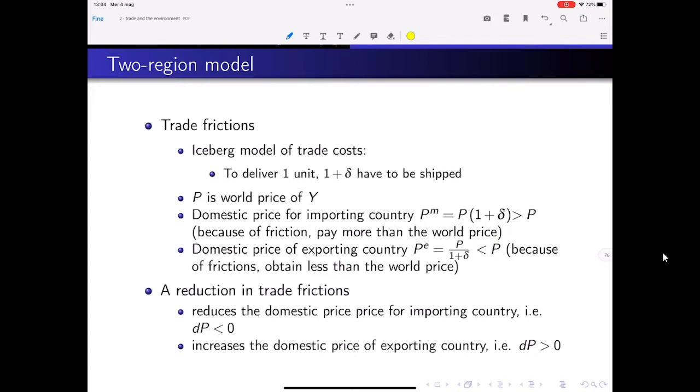Considering both, on the one side, gains from trade, this is what we have already seen. In the first part, we have seen that opening up to trade increases the consumption possibilities and therefore increases welfare, it increases also income. These are known as gains from trade. And here I'm going to show you in a formal model how this happens.